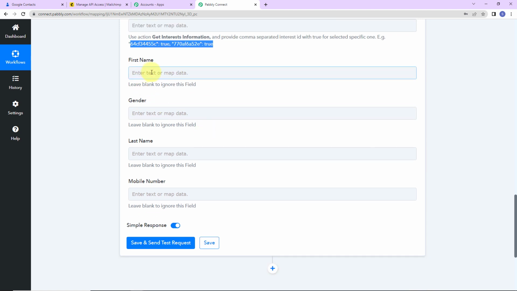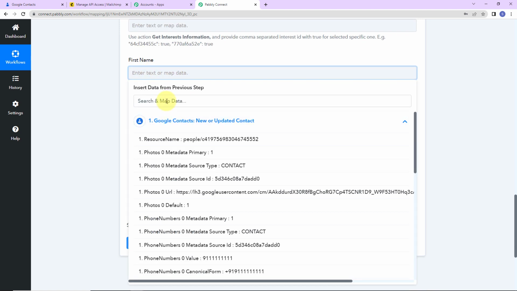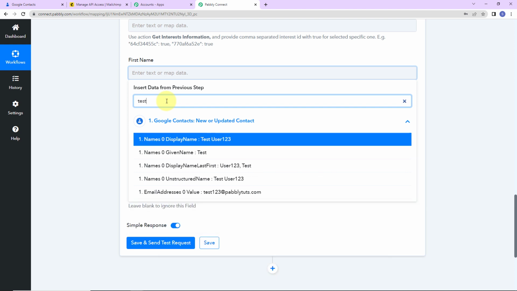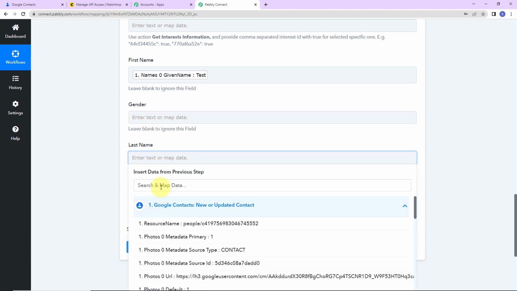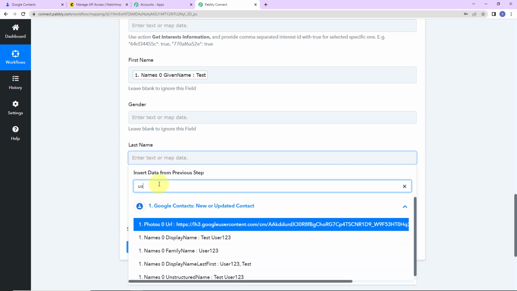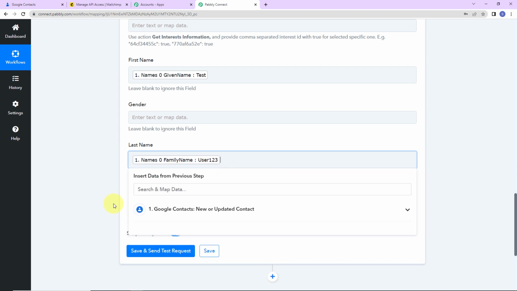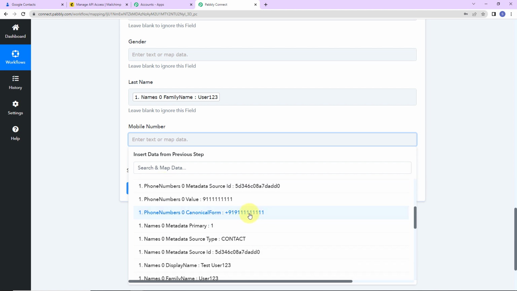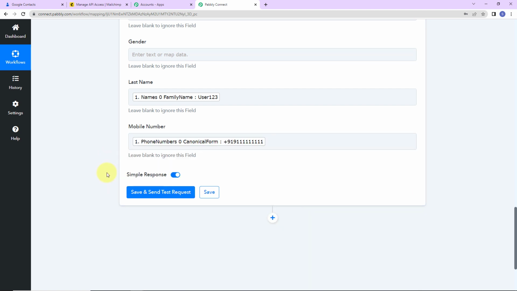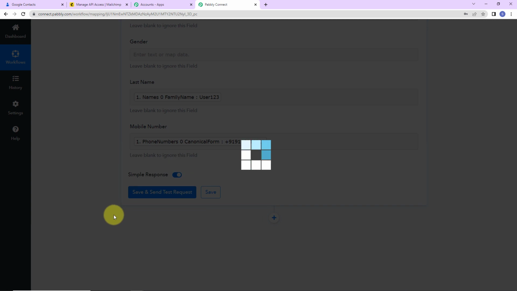Then we have the first name. Let's map this. So the first name here is test user. Okay, so this is test. This is the first name. Then the gender. So I'm just going to leave this blank. What is the last name? Again, let's look for it. User 123 is my family name, the last name. Then we have the mobile number, and here is the mobile number. So once we have filled in this information, I'm going to click on save and send test request,